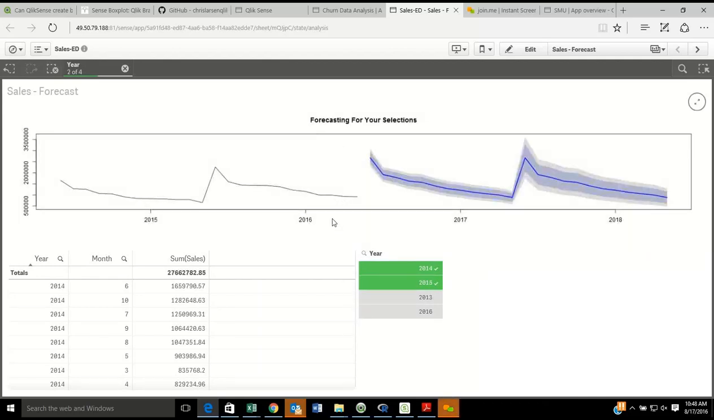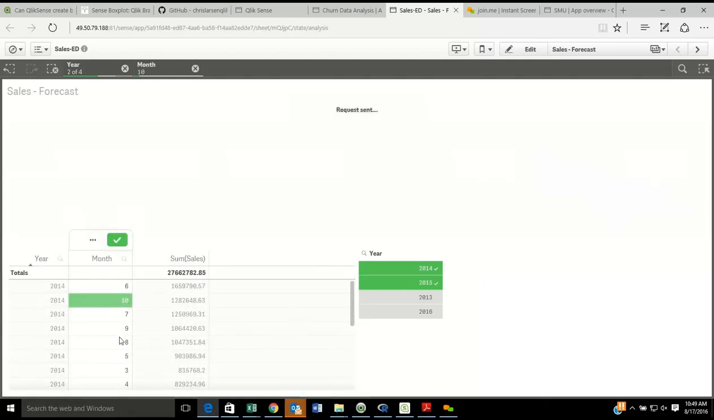So I'm going to select 14 and 15, and then I'm going to see my forecast based on that. Now, as you can see, my forecast numbers are changing based on the selections I have made here. I can do the same thing for month, or whatever selections I make here are going to change my numbers. So the idea is that whatever we are making here should be completely